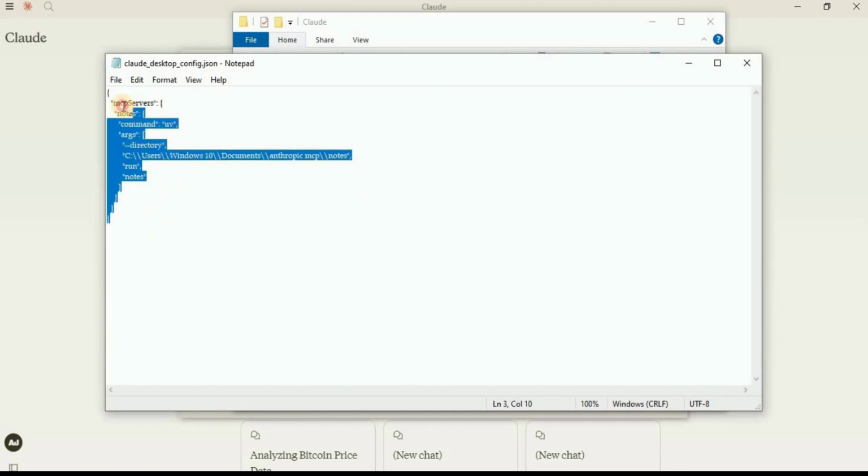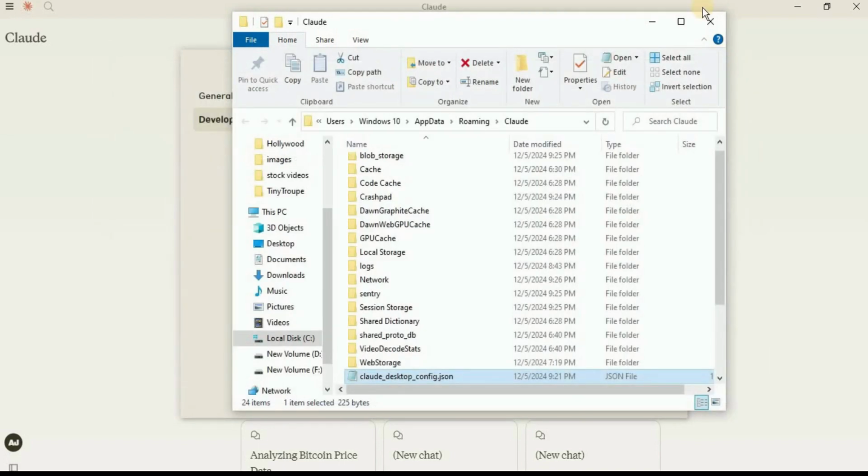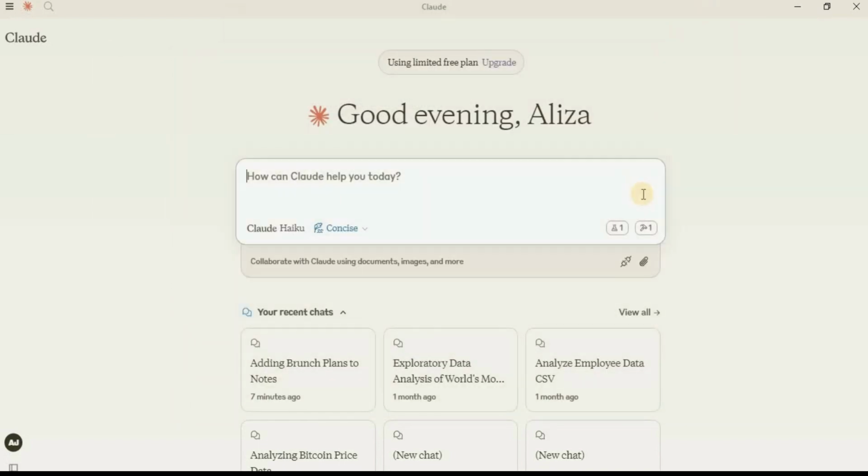And all of these lines have appeared right here inside the JSON file when we were asked to connect our server to the Claude desktop. So once you see all of this information inside your claude_desktop_config.json file, as well as this MCP icon right here, this means that your MCP tool has been successfully connected and attached to the Claude desktop.